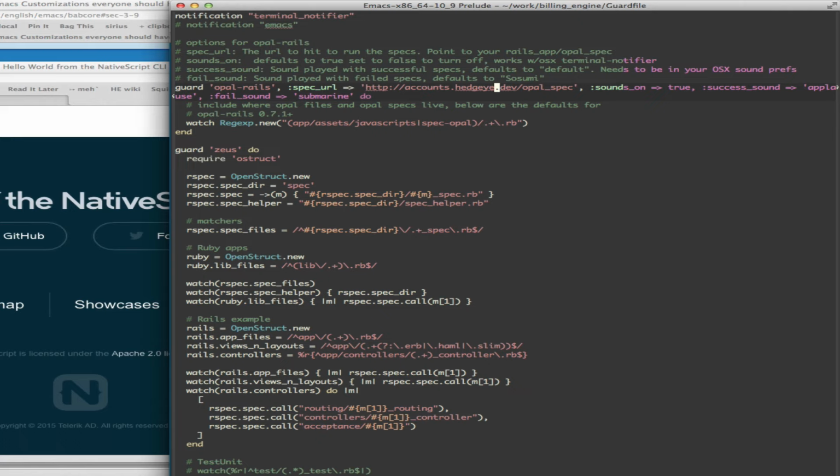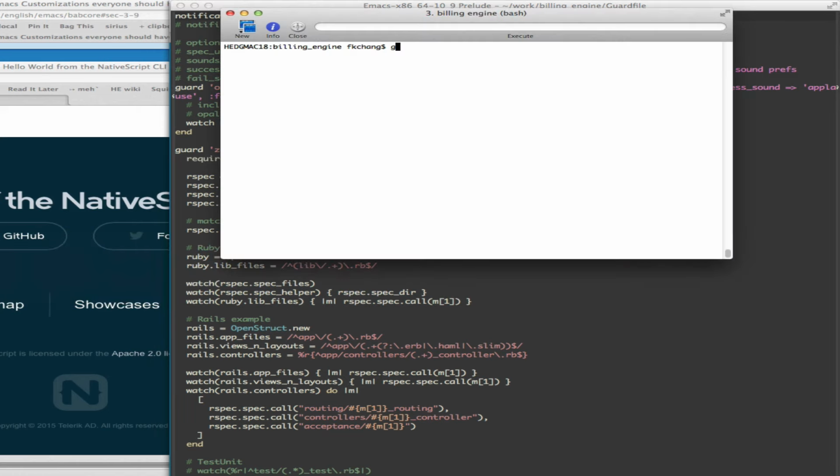These sounds actually won't run on your machine unless you have these installed. You should remove those so that you get the default sounds. You can see at the top here, I also have terminal notifier. So with my guard file set, all I got to do is run guard,